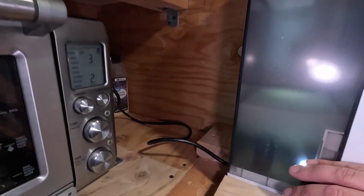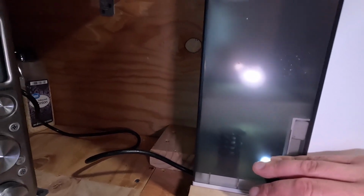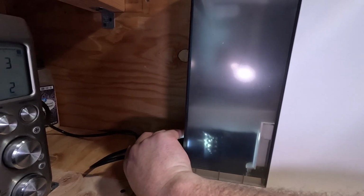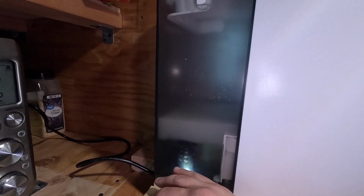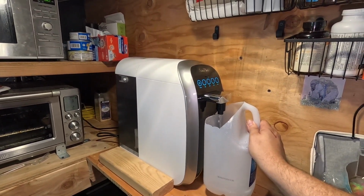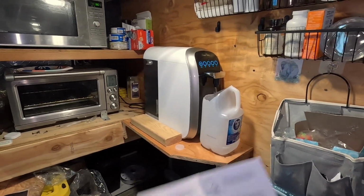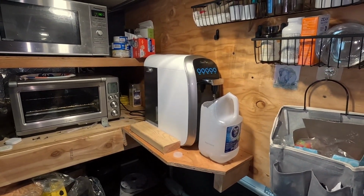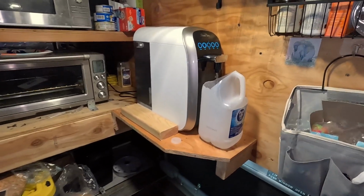Oh yeah, look at that. So the filters are getting everything cleansed out of them. You can see that cloudiness in there. Interesting. Maybe that's, I think that's just air bubbles actually. Whatever. Now this is supposed to drain the internal reservoir, whatever. This is supposed to drain the internal tank, and I'm supposed to repeat this 3 to 5 times. Huh, well, I guess you gotta get all the particulates and stuff out of there. But anywho,